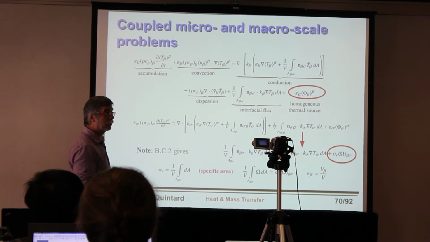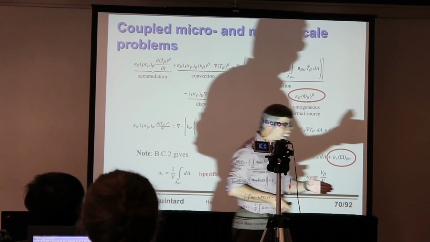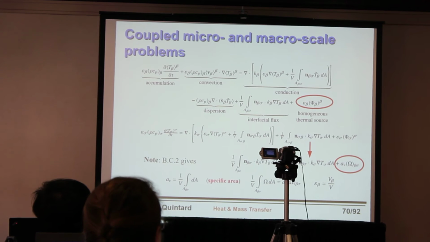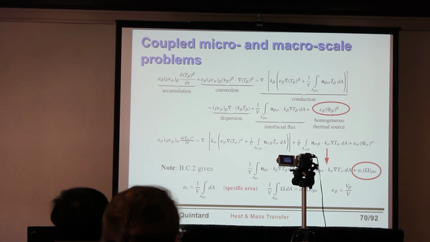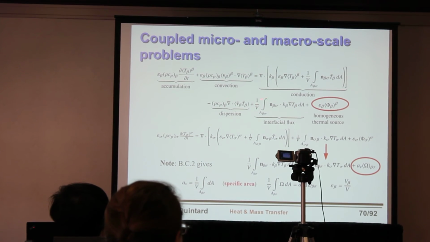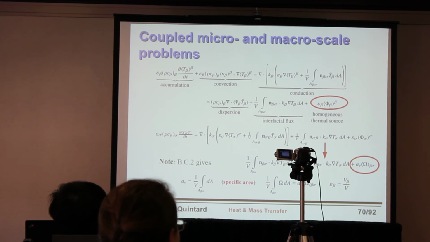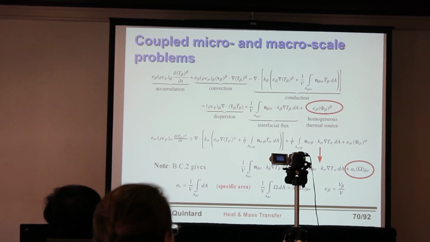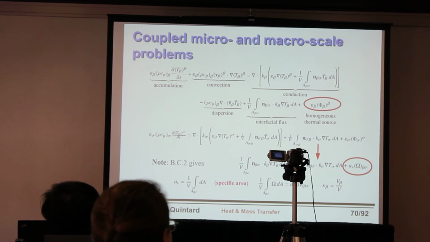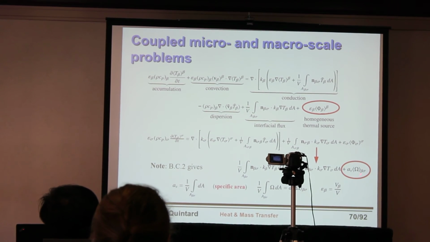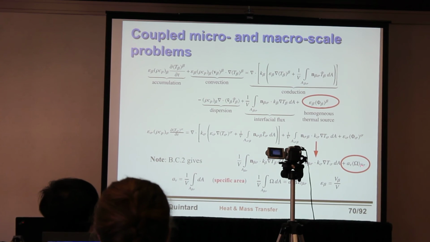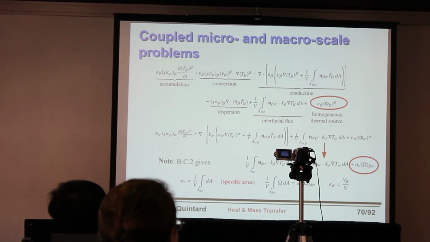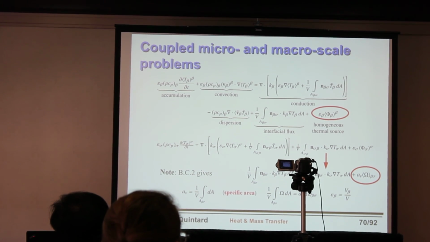The heterogeneous sources are generated at the interface. But I know the interface in the macroscale equations. The only thing I have is some interfacial flux here. So I know that some flux is coming into my macroscale beta phase from this heterogeneous source. But which part? I have some average of omega, but I have to distribute that in the macroscale beta phase equation and in the macroscale sigma